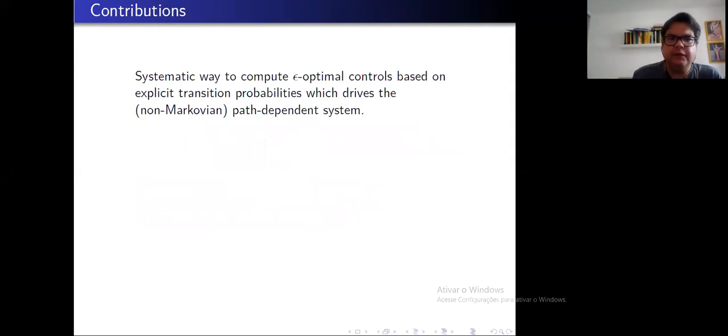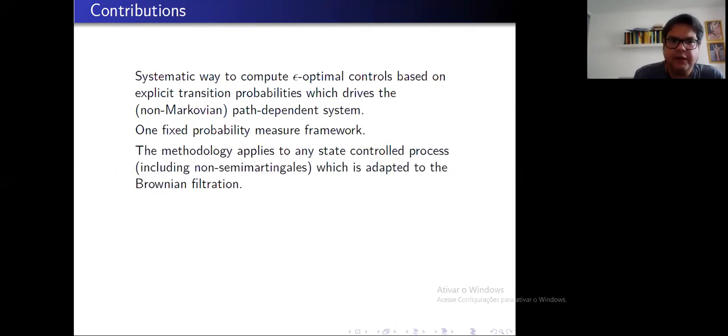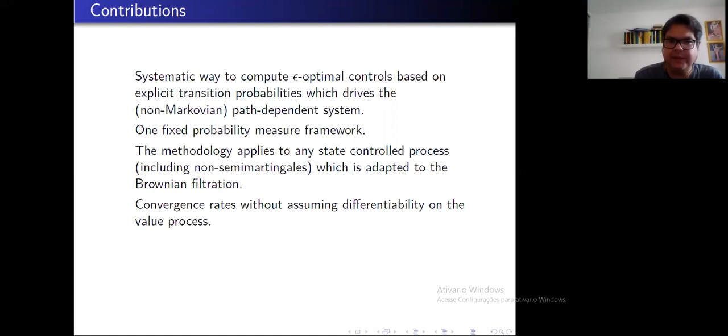So the contribution of this work is that we develop a systematic way to compute optimal controls based on the transition probabilities which drive the non-Markovian path-dependent system. Our approach is based on one unfixed probability measure, which is the Wiener measure. And our methodology applies to any controlled state process, including non-semimartingales, adapted with respect to a given Brownian filtration. And we obtain a convergence rate without assuming differentiability on the value process. This is an important point here,